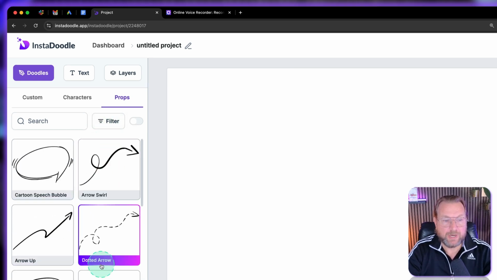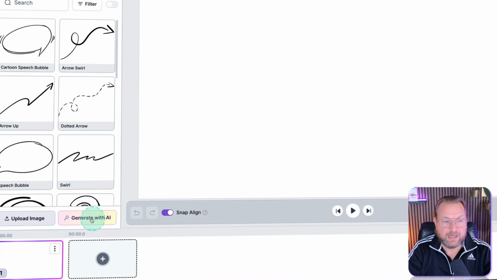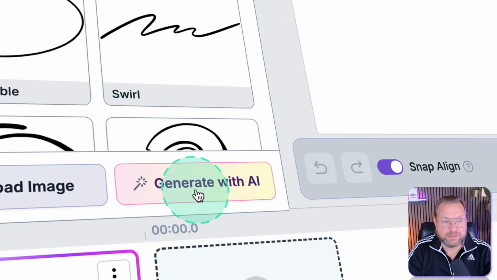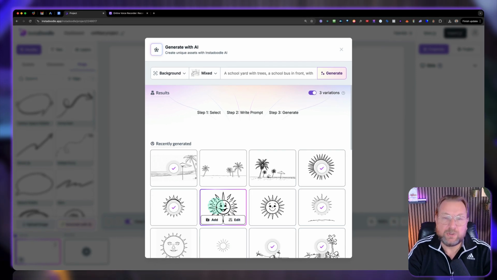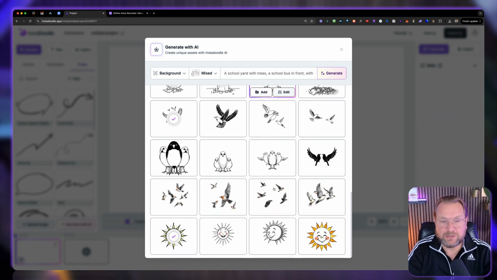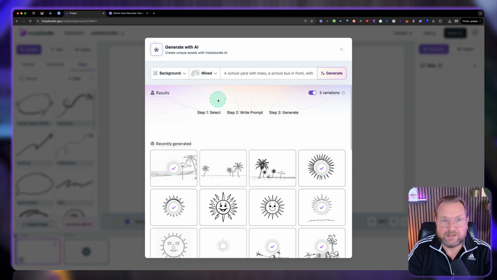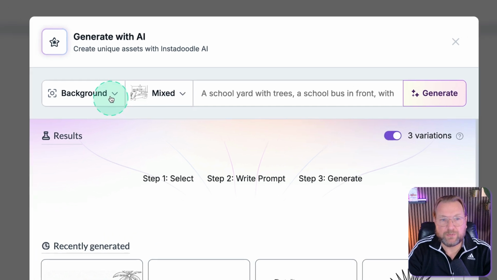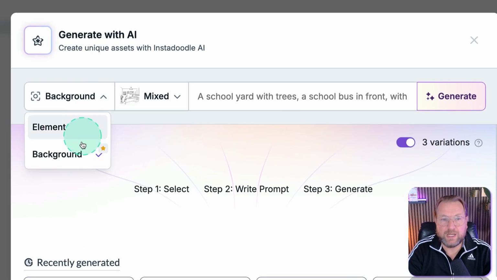Let's get started by generating your images with AI, because I like this feature here. It says generate with AI, which allows you to generate the doodle images for you. As you can see here, I've generated these images already with this engine. And it works pretty simple. First of all, you choose what you want to create. So you can